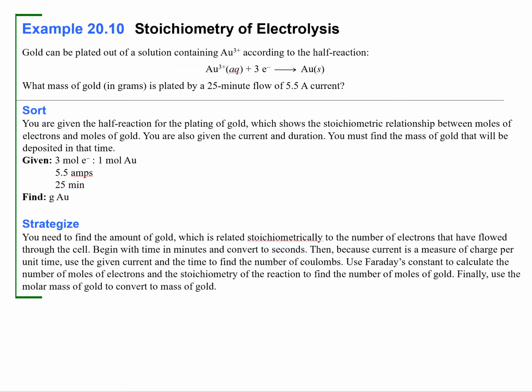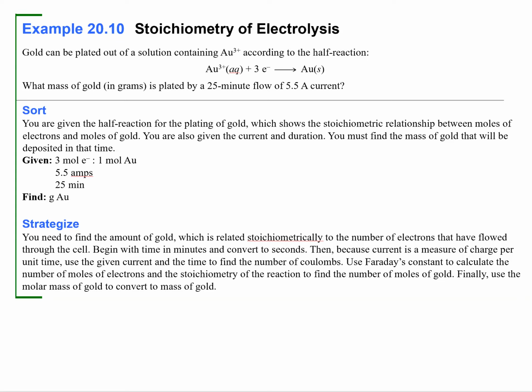So let's take a look at another example here. We have a few more to go. So, this is fun. Gold can be plated out of solution containing gold-3 cations according to the following half reaction. So gold-3 in aqueous solutions plus 3 electrons can form solid gold. This would be electroplating. What mass of gold in grams is going to be plated by 25-minute flow of 5.5